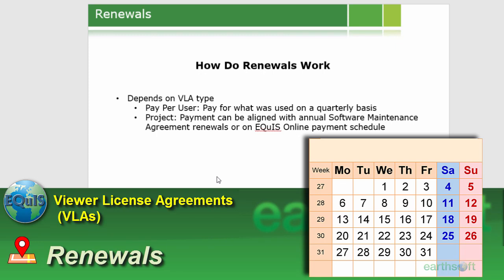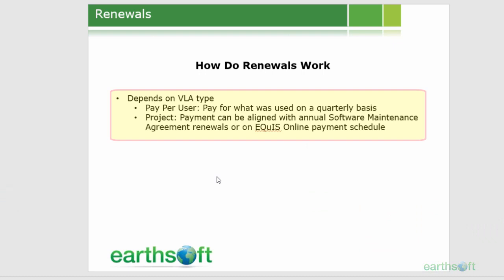Renewals is another question mark. So renewals depends on, as it says here, whether you're pay-per-use or the project or public viewer. It can be set up so that you run these reports and then pay on some quarterly basis. We can also assign them so that at your renewals you pick a version, a number of seats, if you will, for the pay-per-use, or the public viewer is its own fee that doesn't change based on usage.